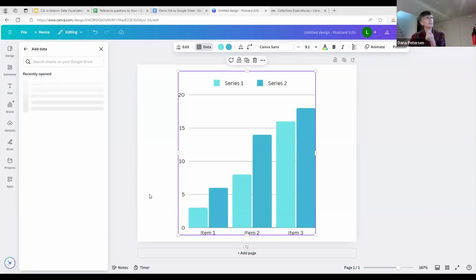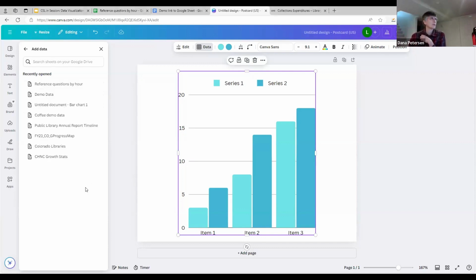And I did a little testing to see if I could reduce the access a little bit, even though it kind of looked like maybe you could, it didn't work. So either I wasn't smart enough to make it work, or you really don't have that much of a choice on limiting what it can see. For our purposes, heck, we're going to rock on. We're going to say, yeah, okay, connect to my drive. Now I am seeing a list of all of the spreadsheets, Google Sheets, that exist in this Google account that I connected to it. And I'm going to go ahead and choose the same data set we've been working on, the reference questions by hour.